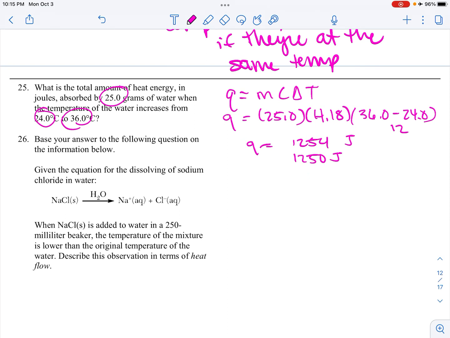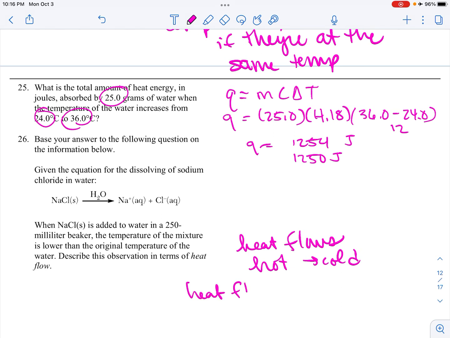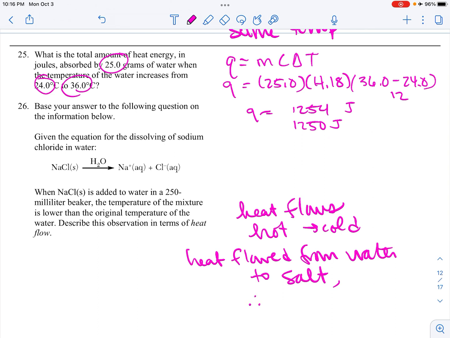When salt, sodium chloride, is added to water in a 250 milliliter beaker, the temperature of the water is lower than the original temperature. Describe this observation in terms of heat flow. So heat flows from hot to cold. So the heat flowed from the water to the salt. And that's why, therefore, water temp